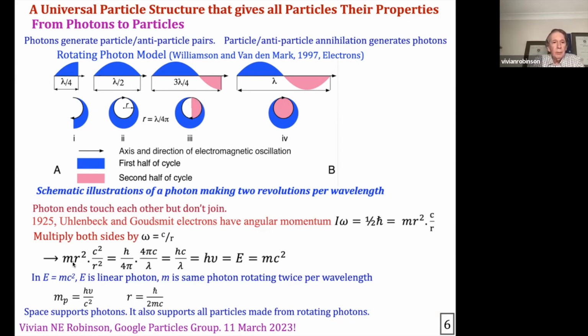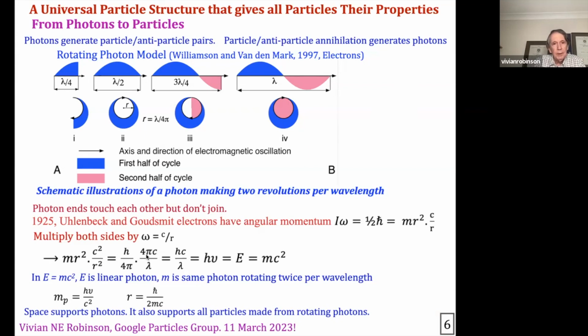If you then multiply both sides of I omega equals half h bar by omega equals c over r, it gives m r squared times c squared over r squared equals h over 4 pi, which is your